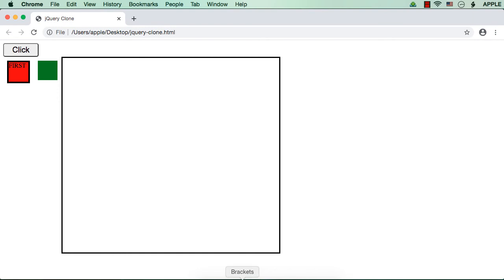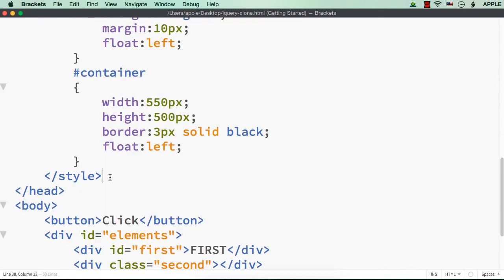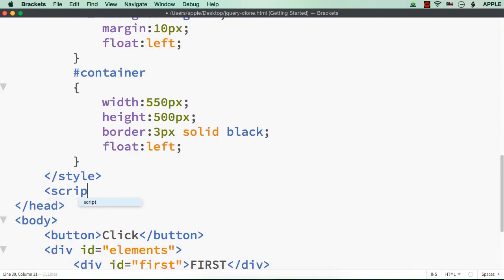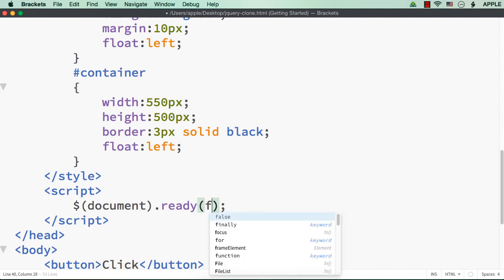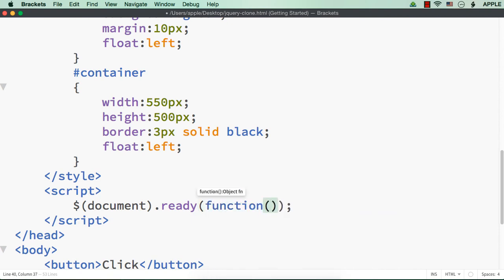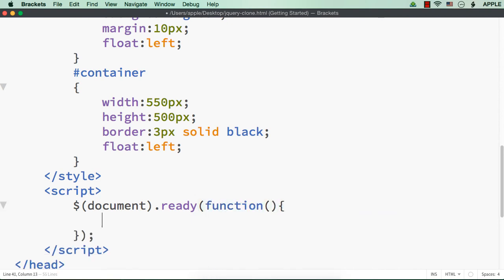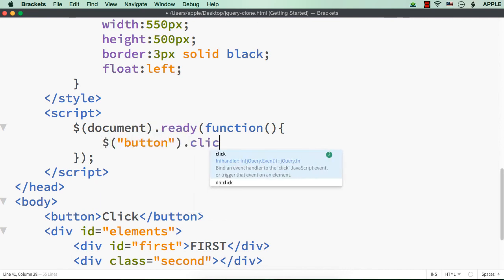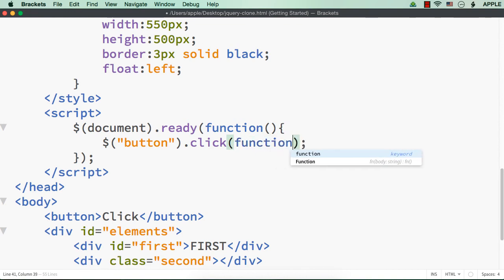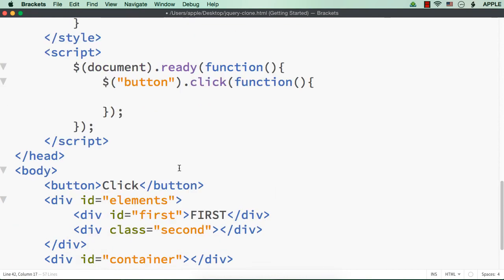Okay, so what we can do is that, let me add the script section first, script, and also the document.ready event. So $document dot ready, then function open and close parenthesis, open and close curly braces, and within this what should I do? I need to do it on the click of the button. So $button dot click, here also function open and close parenthesis, open and close curly braces,